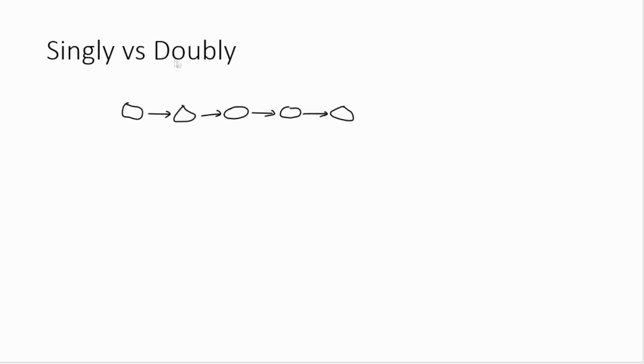Now, a doubly linked list also includes pointers going to the previous node. So if we just draw a bunch of back arrows right here, like this. In the grand scheme of things, doubly linked lists are far more popular, but both are applicable and